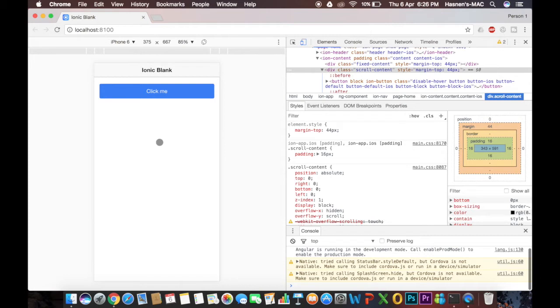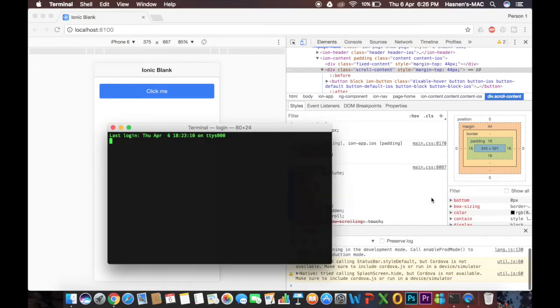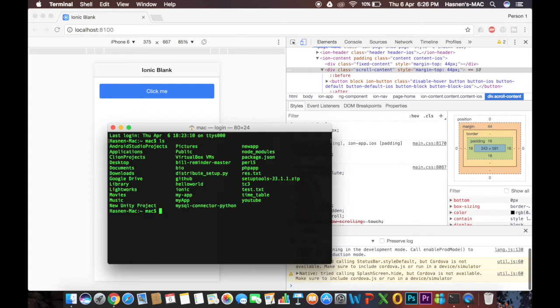Now to get started, you need to download one blank project, and you should do that on the terminal. So you need to open your terminal for that. I want you guys to be in a particular folder. So I'm going to change my directory to documents, and I'm going to create one directory,